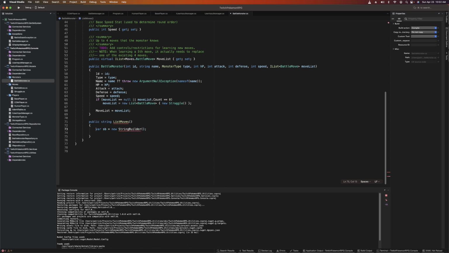And then, well, we need to import the namespace here. And then we can for each through the move list if the move list isn't null. If move list is null, which it shouldn't be, it can't be, right? Because if we pass in null, I mean, we have a public setter, so I guess technically it could be set to null at any time. So if move list is equal to null, we will just return